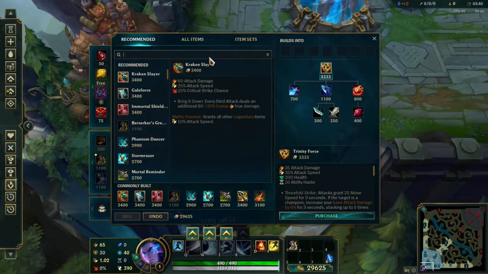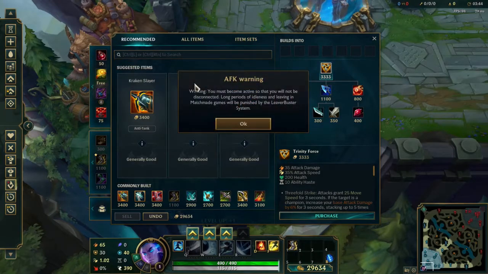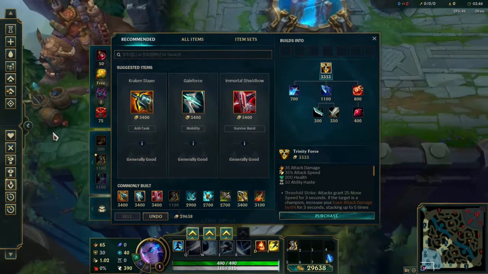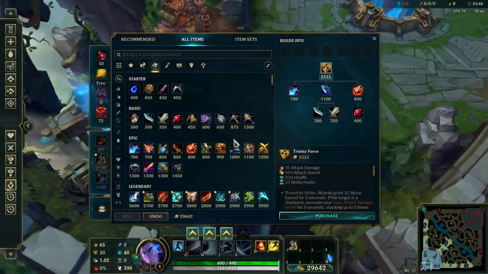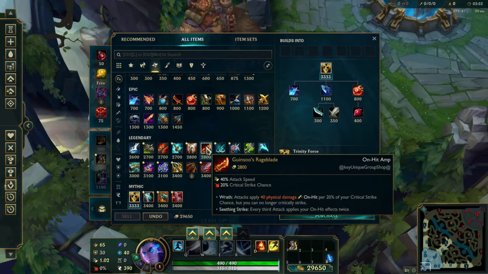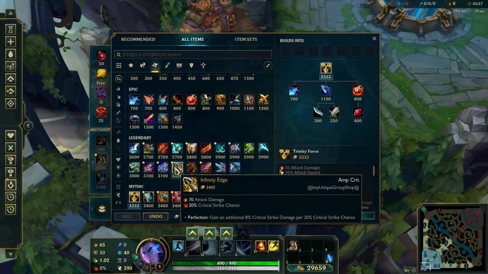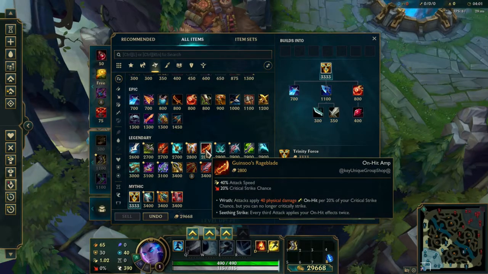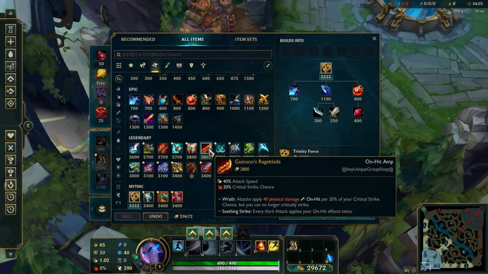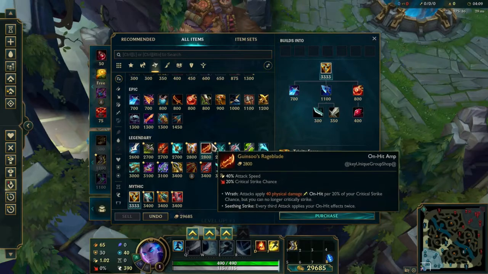And then this is a discussion that's been going on for a few weeks now. Your second or third item can be either Guinsoo's Rageblade or Infinity Edge. If you're up against a team comp that has early scaling, so many assassins, things like this, you can go